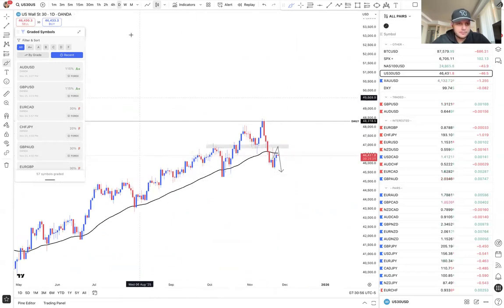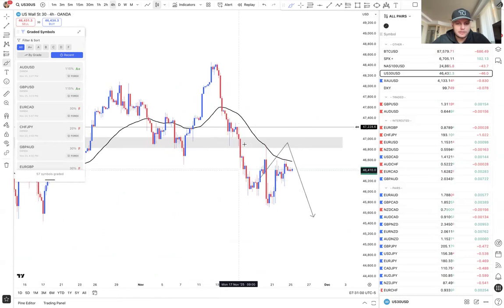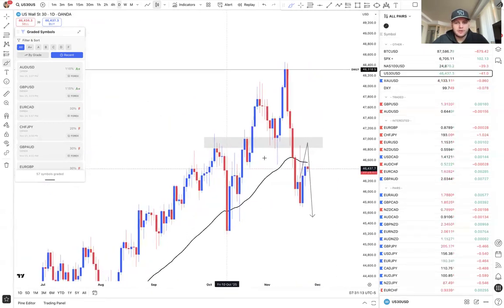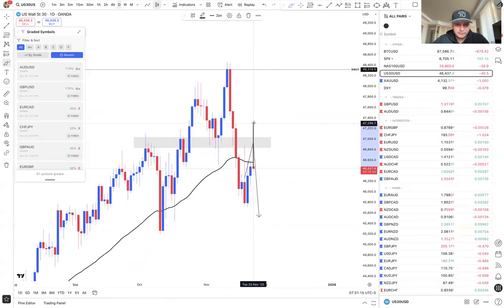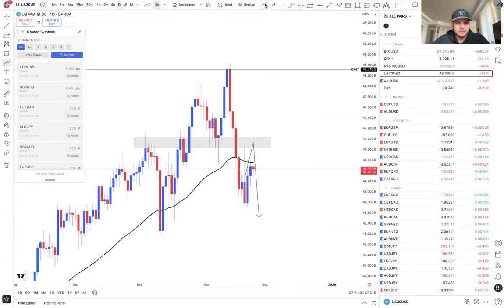Underneath the daily and underneath the 4-hour for this one, but it looks like we're creating an inverted head and shoulders that could lead price to push higher. So in general, if you want to play it safe, you wait for price to break above this area of interest right here, pull back, and then buy. That would be the best option. If not, then you're just looking for rejections to sell.